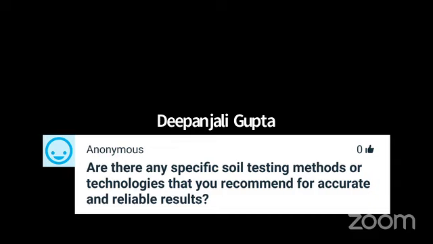We are using soil testing kits nowadays, with which we can predict the soil nutrient status in a very short amount of time and without much cost. So yes, it is an emerging technology, and we are using it nowadays. Besides this, we can go to soil testing laboratories or give a sample to soil test experts to know the nutrient status of our particular soil.